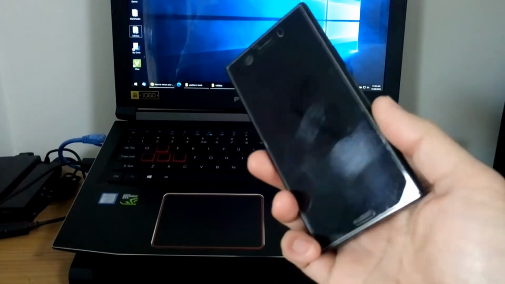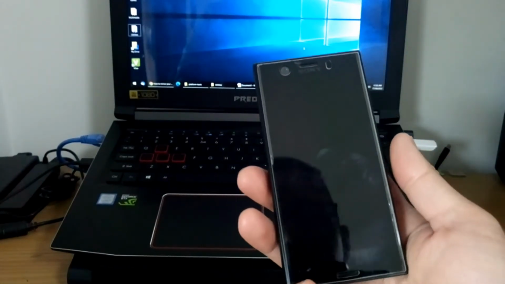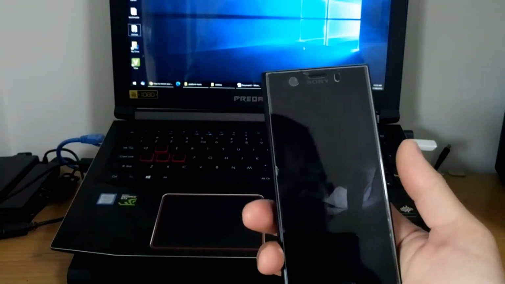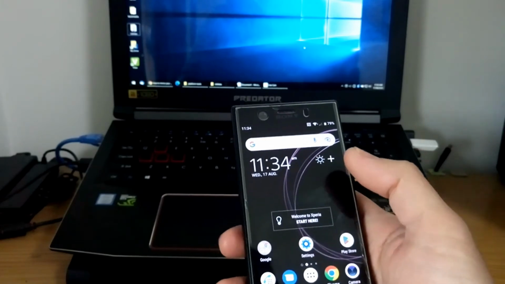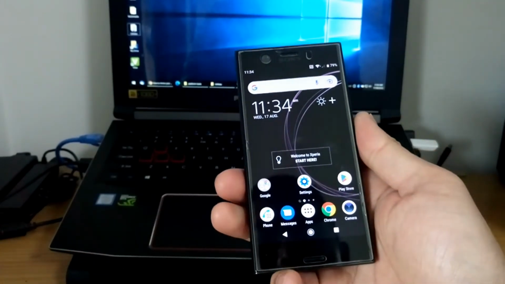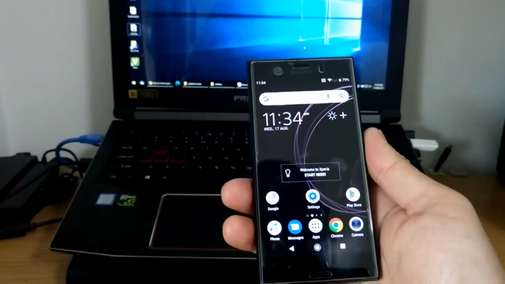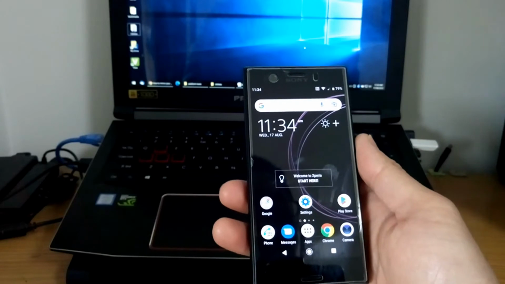What you see here is a Sony XZ1 Compact, which is one of the last few compact phones from Sony. I like compact phones because I can do a lot of things from the one hand without having to stretch or do anything when they're tall or big. I know Apple has a compact phone, but I'm not a fan of Apple and the operating system. They're good phones, but just not for me.